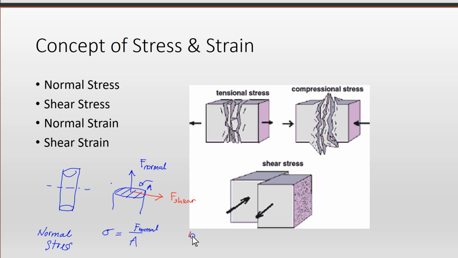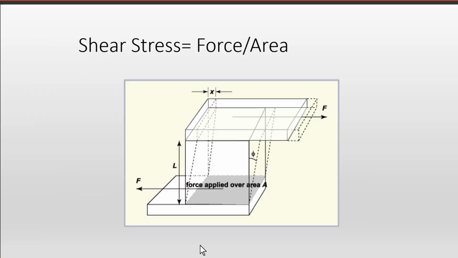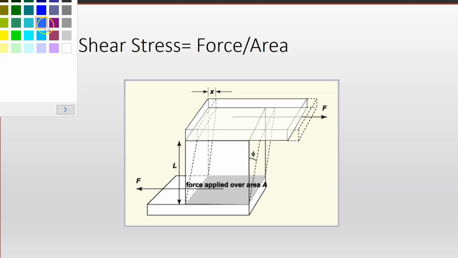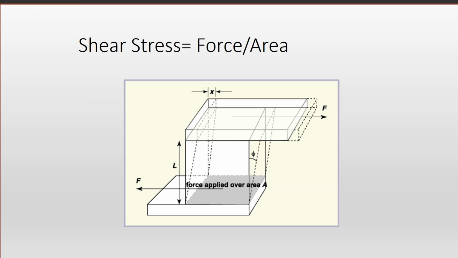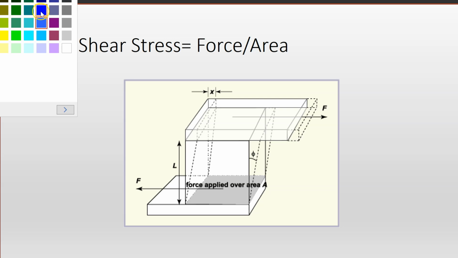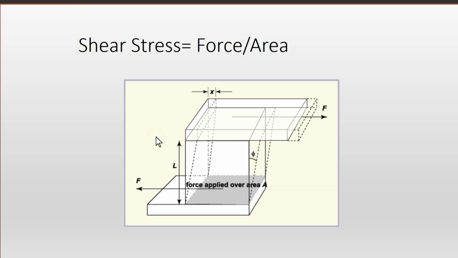Shear stress is given the symbol tau, and that's going to equal the shear force divided by that same area. Shear stresses are really important for understanding the deformation of materials, because that's what's going to cause sliding of one